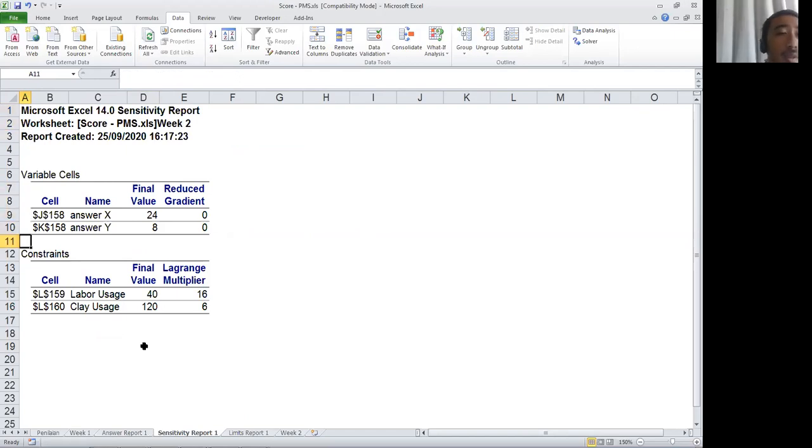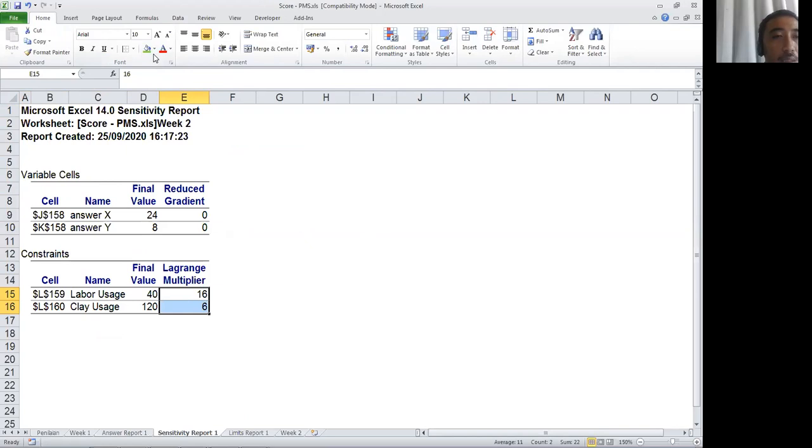Okay, in the sensitivity report, we find the Lagrange multiplier. The important one is here. Yeah, the Lagrange multiplier. This is what I called earlier shadow price. So you need to pay attention to this. This is called shadow price. This is the shadow price of hour. This is the shadow price of